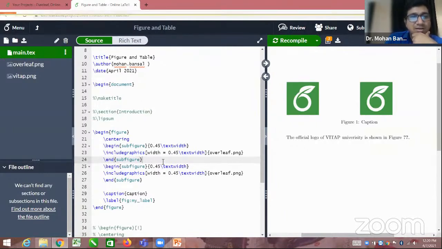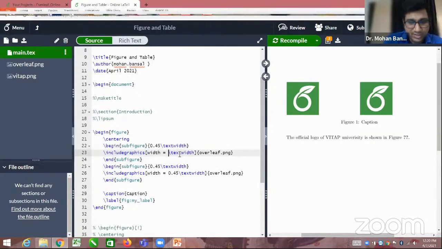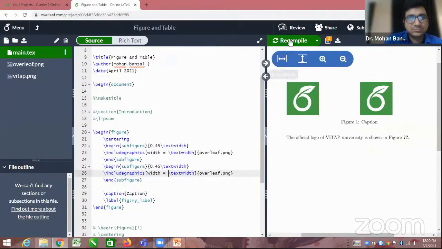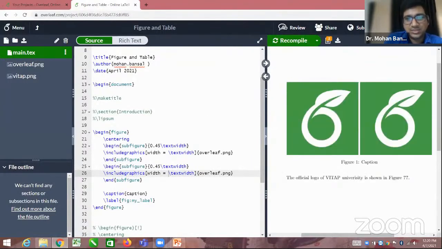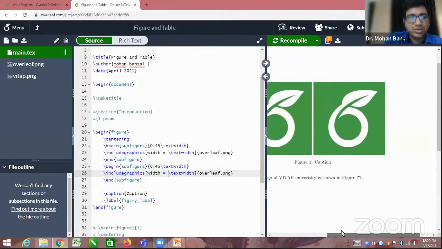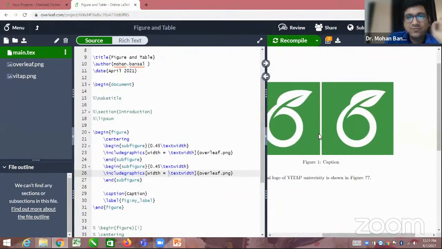Your width is 0.45. You can take it as text width, so it will take all the text width. Now you can see it. But here we have very little gap. We want to increase the gap also.